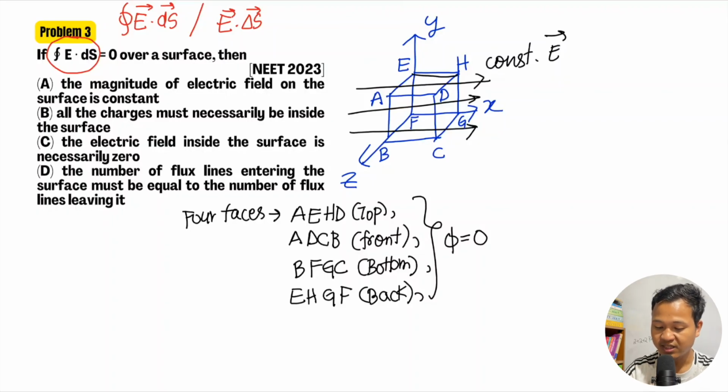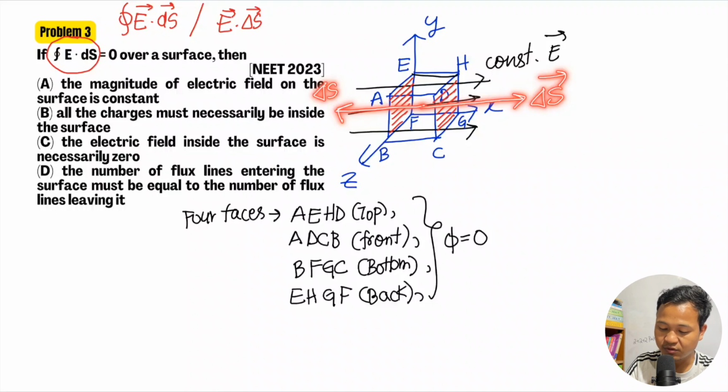Now what remains is the left side face and the right side face. These faces are perpendicular to the electric field. If you want to draw the area vector on the right side face, the area vector is outward. The area vector goes outward like this. So this is delta S. On the left side, the electric field is